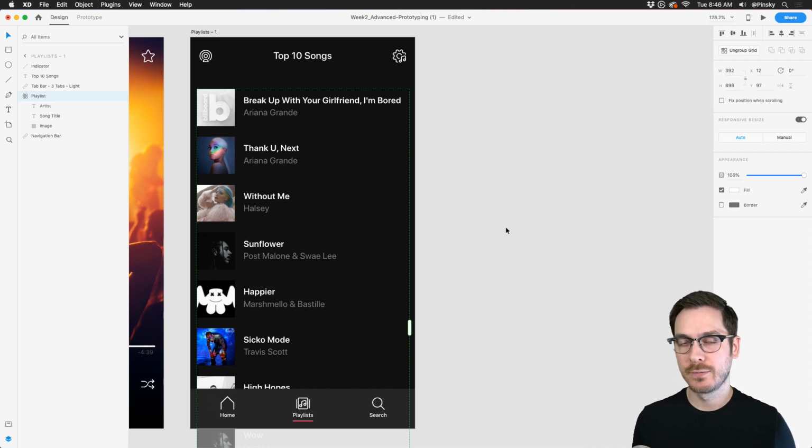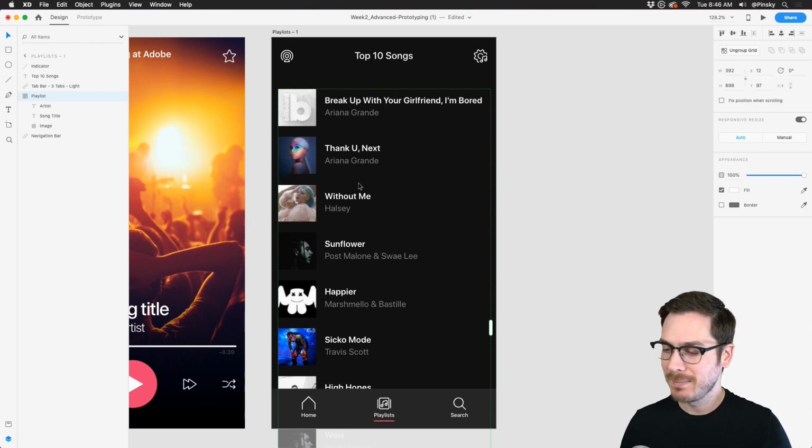So if you have CSV files or Google Sheets filled with information that you need to get into Adobe XD, use the Google Sheets plugin. There are a few other plugins that will do something similar, but I just find that super cool and super helpful. I know, Gordon, it's magic.